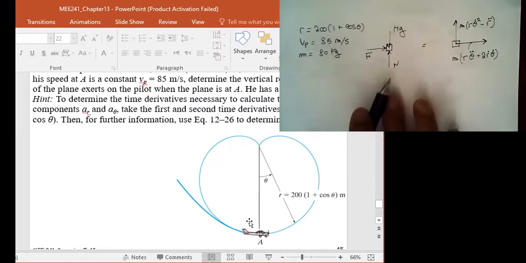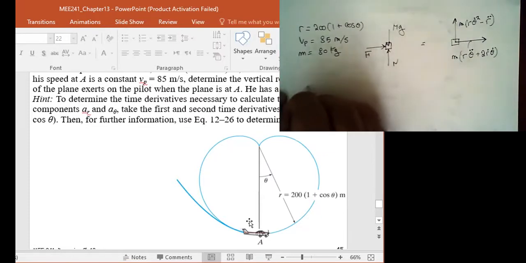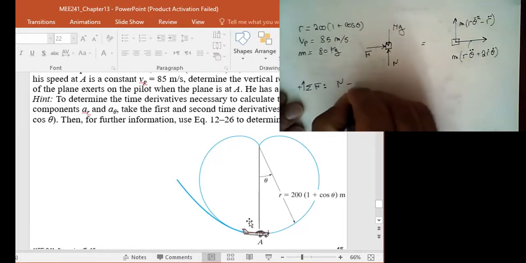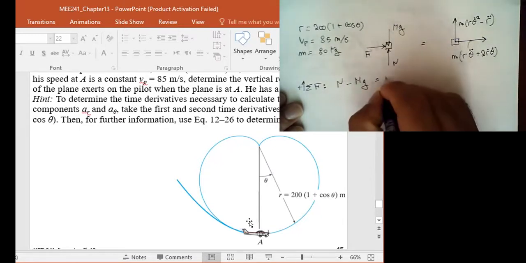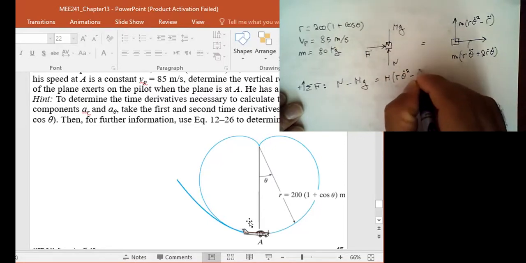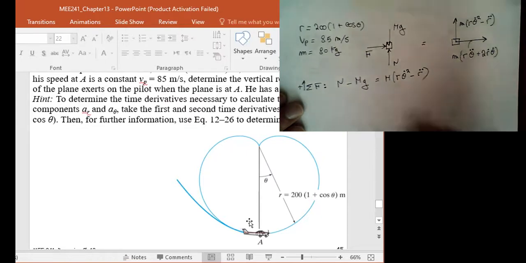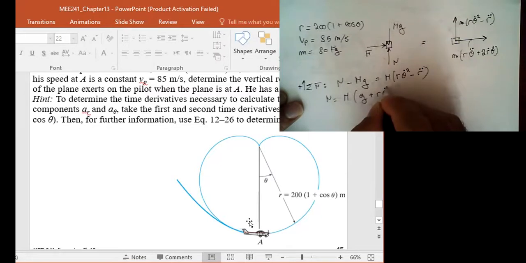What do we need to do? We need to find the normal, right? How do I find the normal? We'll just simply sum the forces. Summing the forces in the vertical direction, I'm going to end up with N minus mg equal to what? m times (r theta prime squared minus r double dot). So my N is going to be equal to the mass of the pilot times (g plus r theta prime squared